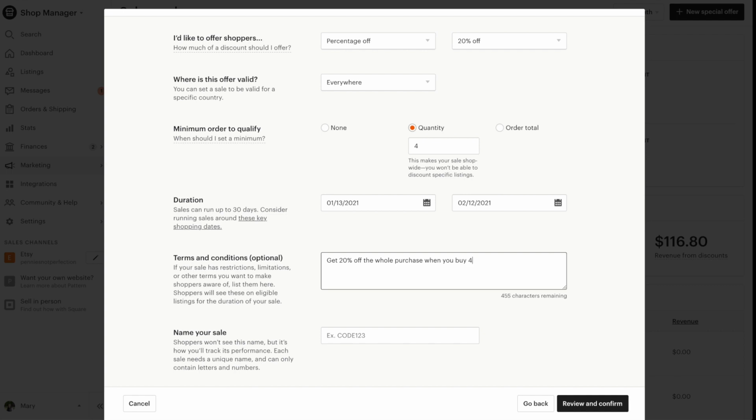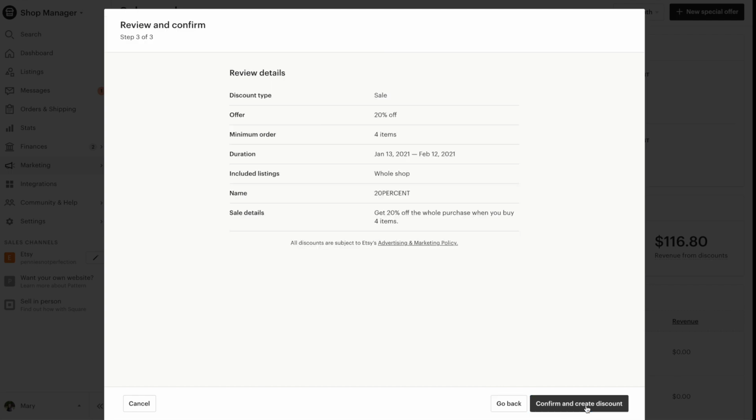If you have any specific conditions, definitely add them here because you will want to make sure you are covered. And then next, you will at the bottom name your sale. Shoppers don't see this, but it helps you keep track in your dashboard. Next, you'll click the button to continue, and then you will once again be brought up to a review and